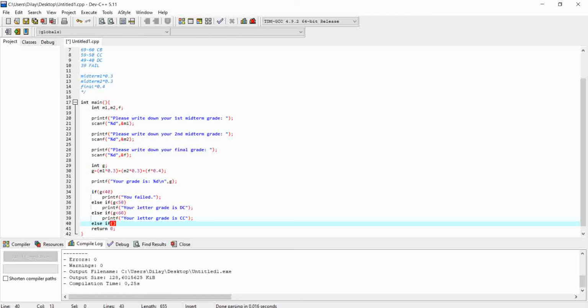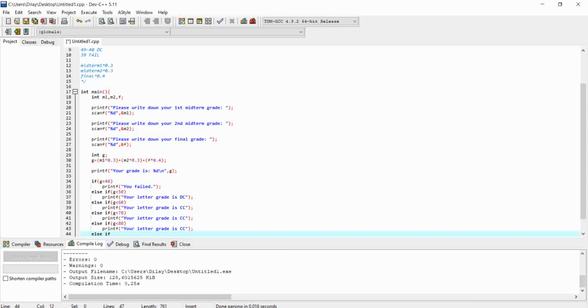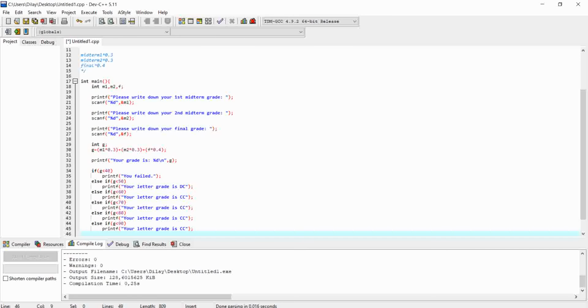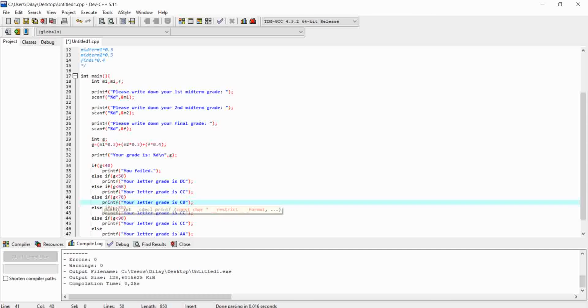else if g is lesser than 70, else if g is lesser than 80, else if g is lesser than 90, and there's no other possibility left. So then, okay, DC, CC, CB, and